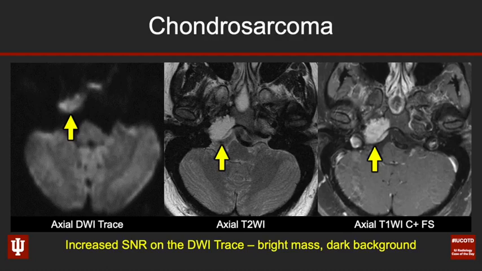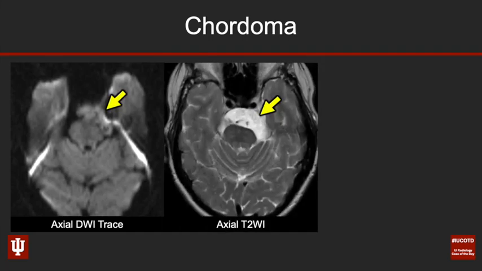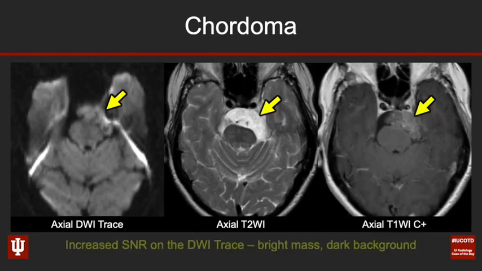Again, with that improved signal-to-noise ratio that you can see against that background of nulled extracranial fat. Here's a chordoma, again, a diffusion bright mass. You can see that it's intrinsically T2 bright as well, has a little bit of heterogeneous content in terms of its enhancement. But again, you can see that nice increased signal-to-noise ratio when you recognize this on the DWI trace